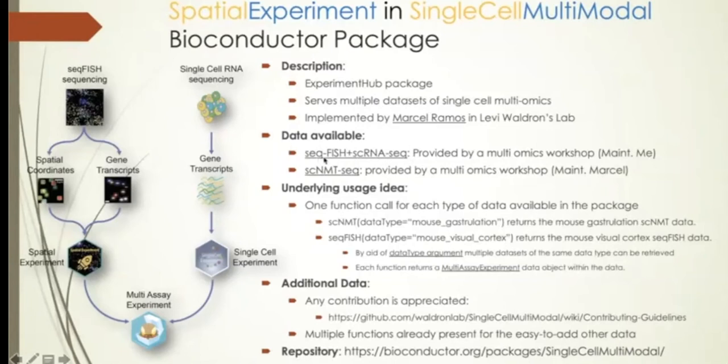implementing the function for storing the seqFISH plus single-cell RNA-seq dataset. The main idea is to have one single function for each kind of data. For the seqFISH, we have this seqFISH function. You can select the data set of your interest with the aid of the data type argument. In this case, the name of this data set is mouse visual cortex, and each of these functions returns a